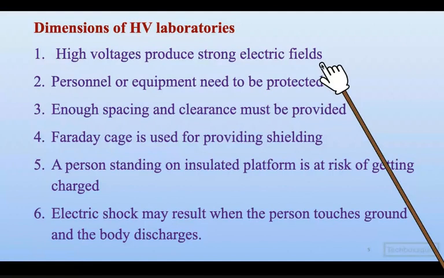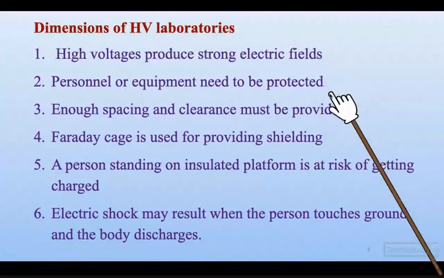This electric field, due to the very high value of charges, high voltage, has a tendency to ionize the air, and these are not visible to the bare eyes, right? Also the electric field which is present surrounding high voltage objects, we cannot see with our bare eyes. But it is present, and it has a tendency to affect the object, to charge the object.